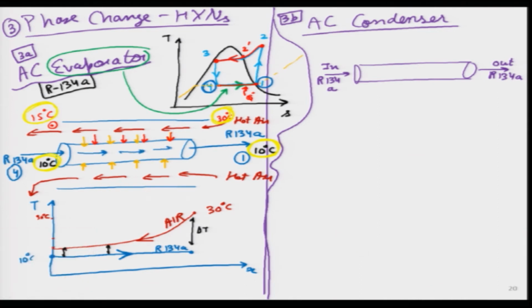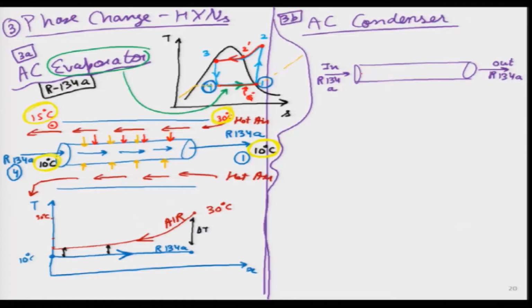Which type of fluid do you think it is? Because it is condensing, it is losing heat. It is the one which itself is hot, and it needs another fluid to dump its heat. So, if you are standing outside a building and you see some sort of air conditioning unit which is throwing a lot of heated air towards you, it means we are standing in front of a condenser, and that condenser is dumping the heat from the R134A to the air surrounding it, dumping it in the atmosphere.